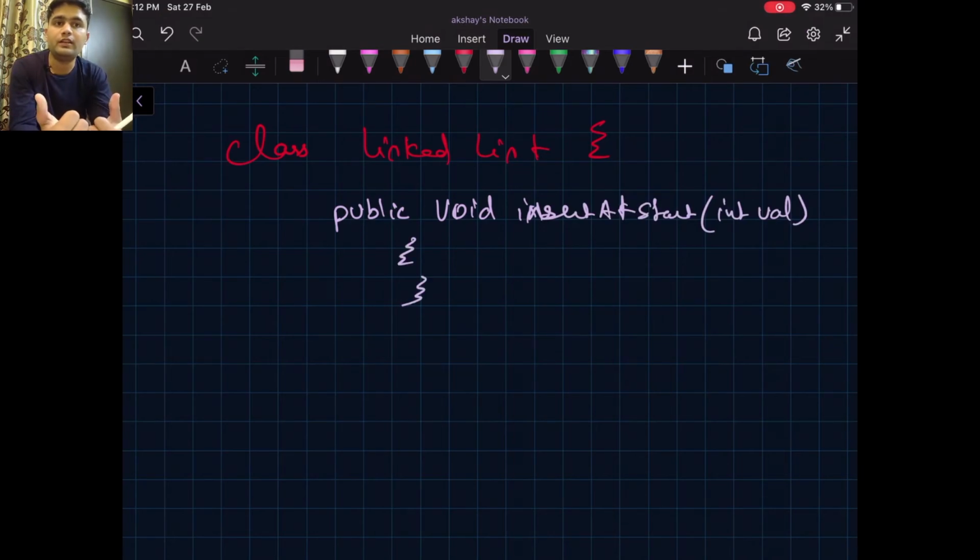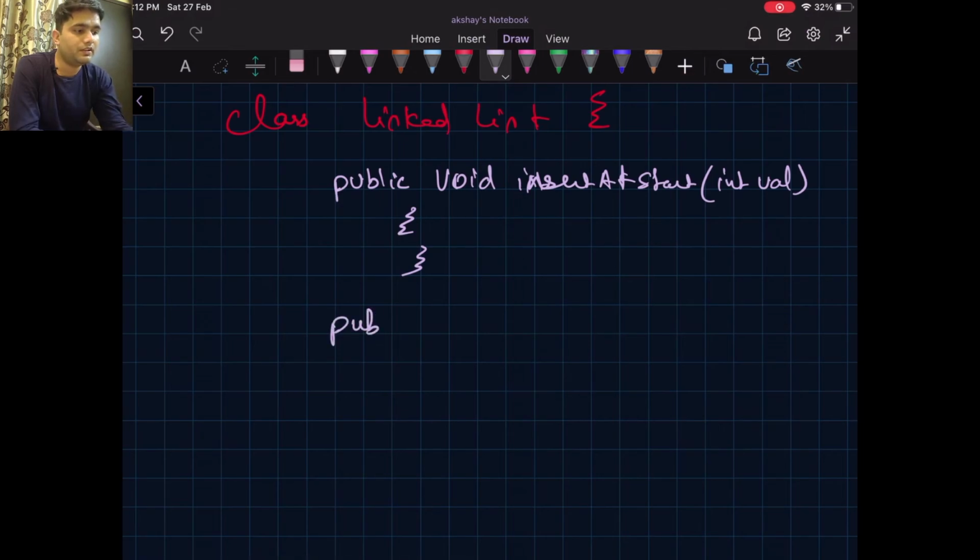We will be doing pseudocode and actual code in the next video. Right now I'm just describing how it will look at a very high level. So when a user sees a linked list class, it creates an object. It will be exposed only to these particular methods for their disposal, and we will be discussing code in the next video.